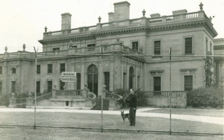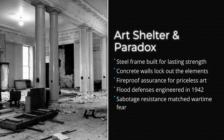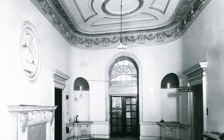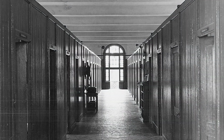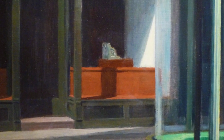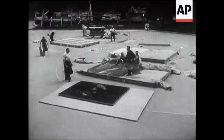On paper, Whitemarsh Hall was the safest place in America for art. Its steel frame and concrete walls promised immunity from fire, flood, or sabotage. The museum's own vaults in Manhattan seemed less secure by comparison. Yet the very measures that define the mansion's reputation, its engineered stillness, its fortress-like calm, posed an unspoken question. What if the danger wasn't outside? The paradox of perfect safety cast a long shadow, one that would linger long after the last masterpiece left the